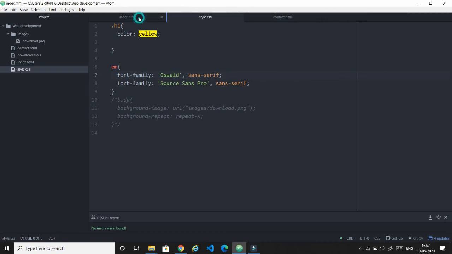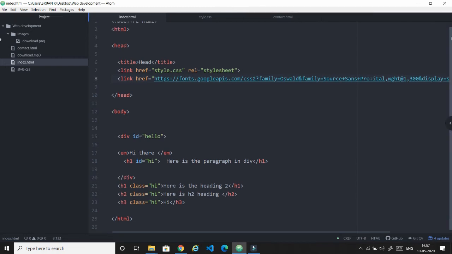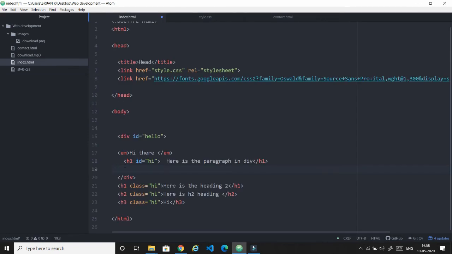In the case of HTML also, the code runs from top to bottom. Whatever is at the top will be shown at the top. As you can see, the h1 and em tag are at the top, so they are shown at the top because we are going from top to bottom. The same applies in CSS also. I have taught the font family and font weight in this video. Let us go and learn how to style the image.